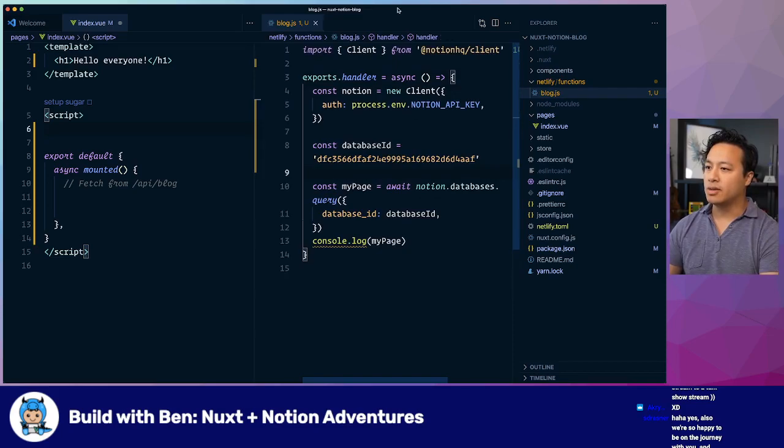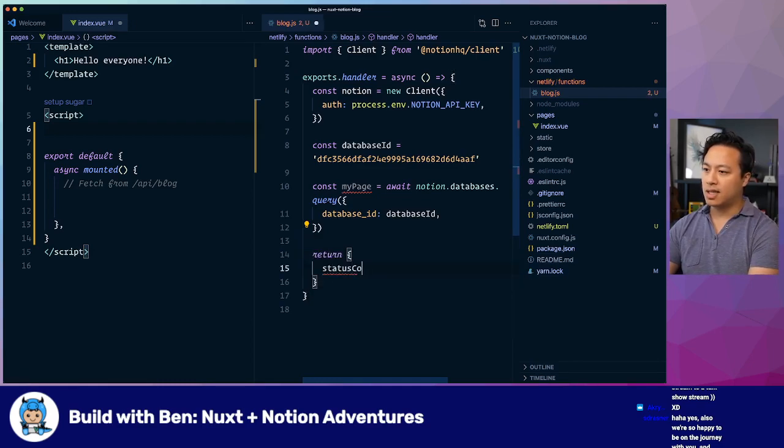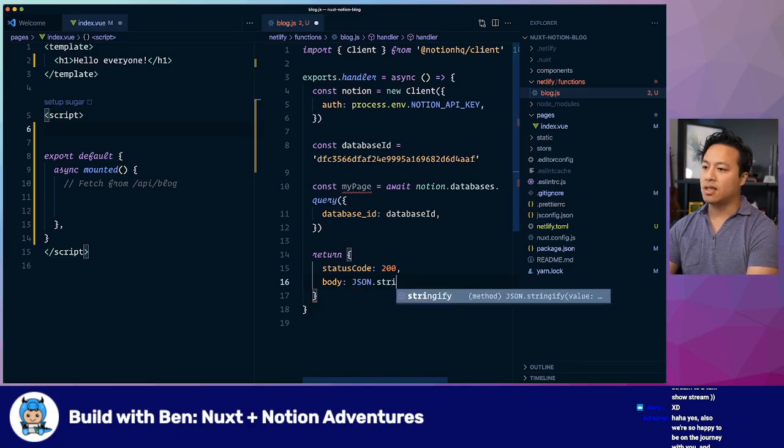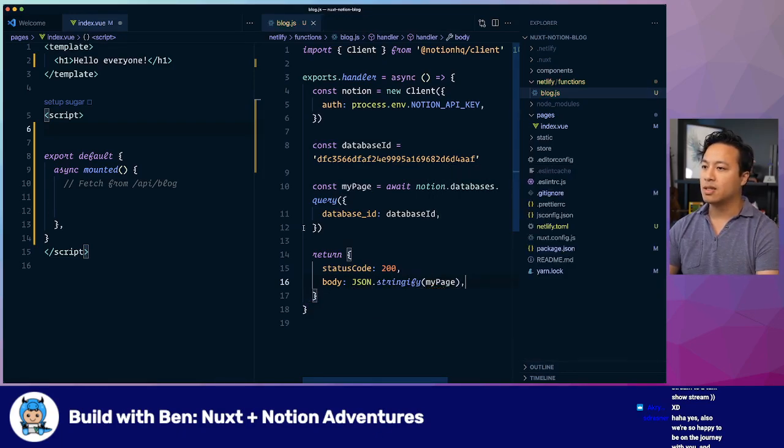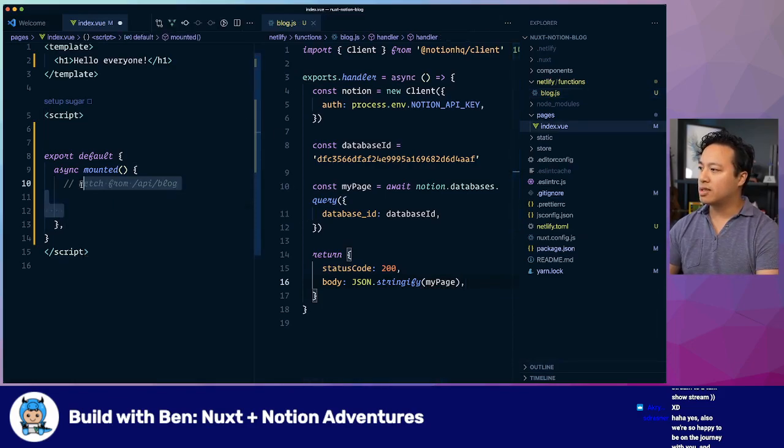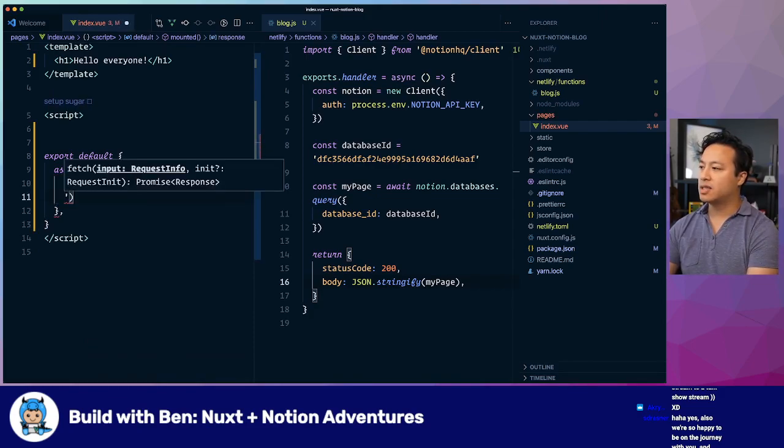Save. Okay, so we have a couple of things here. 1, 2, 3. And then, assuming this calls correctly, let's return status code 200. And then the body of it will be basically a JSON.stringify my page. Okay, so if this works as I hope, we can say const response equals await fetch